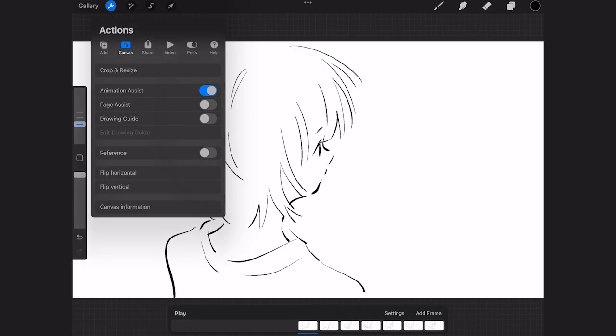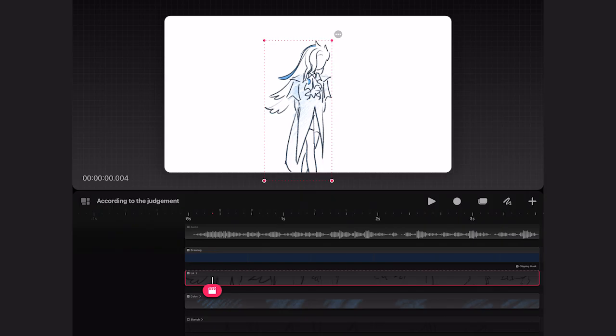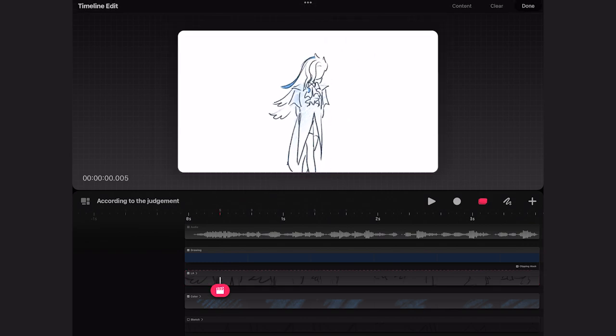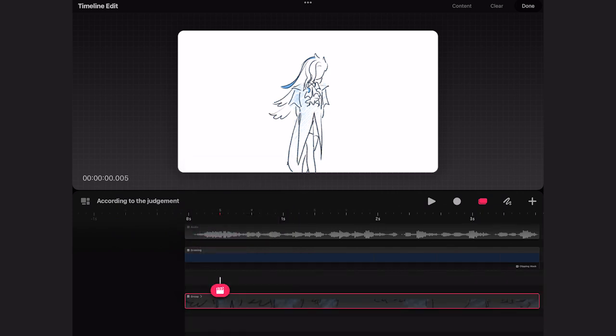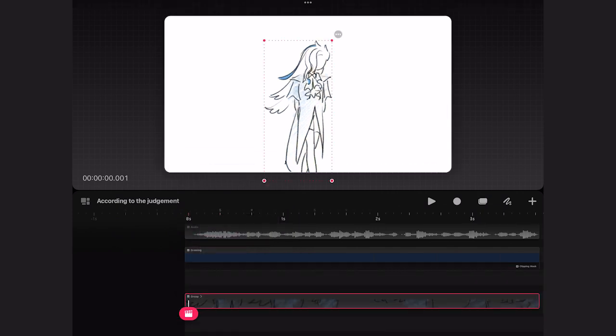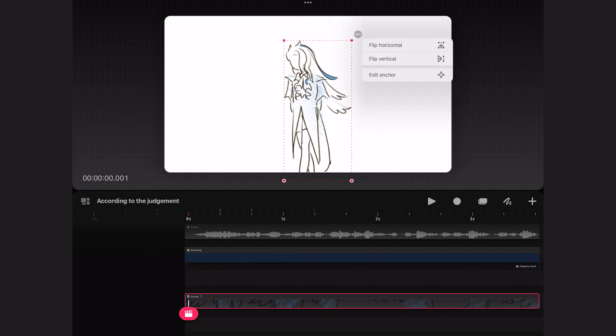Also, flip horizontally on all. You can't flip horizontally on a single selection. If you maybe group them all up and then you click on that three dots and flip horizontally, but I find that quite not very